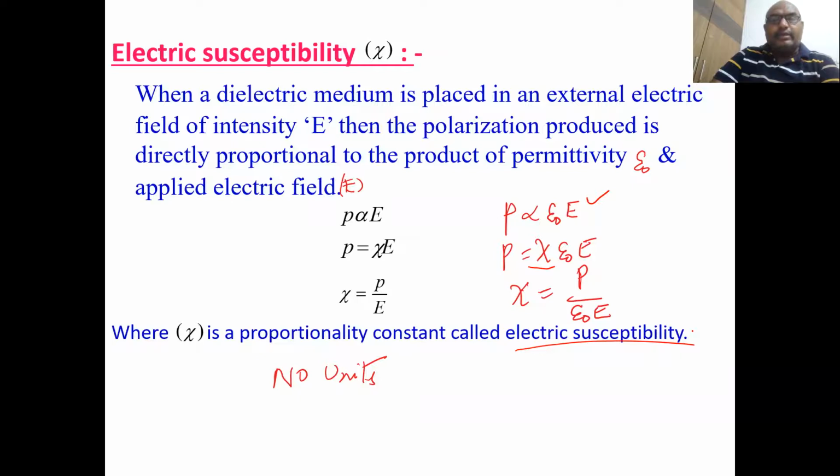The polarization produced is directly proportional to the product of permittivity and applied electric field.